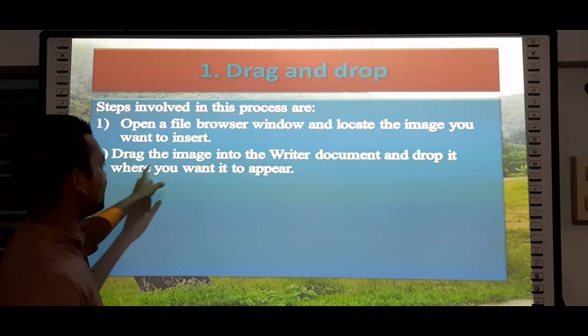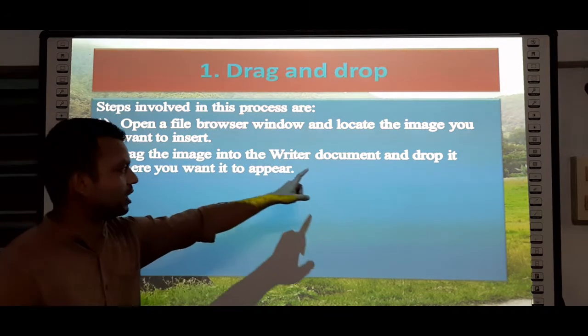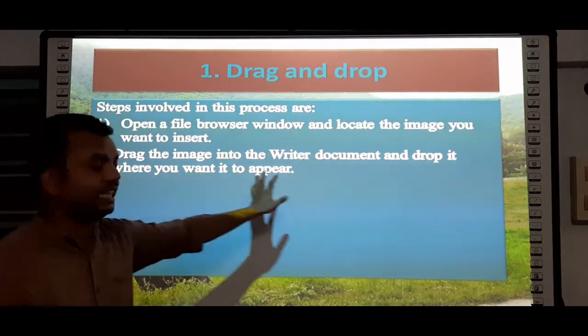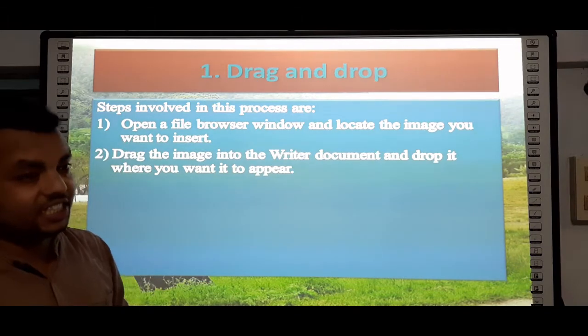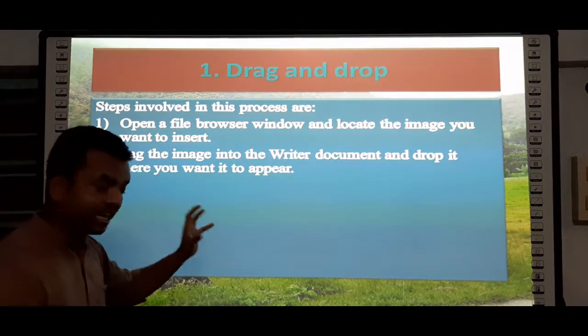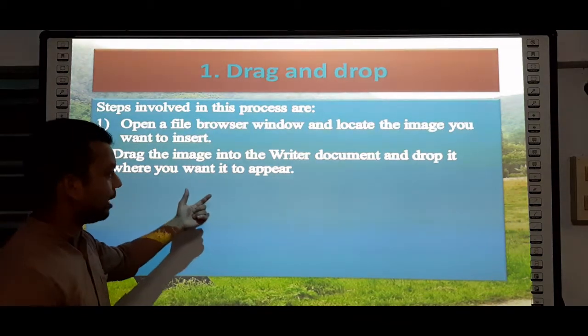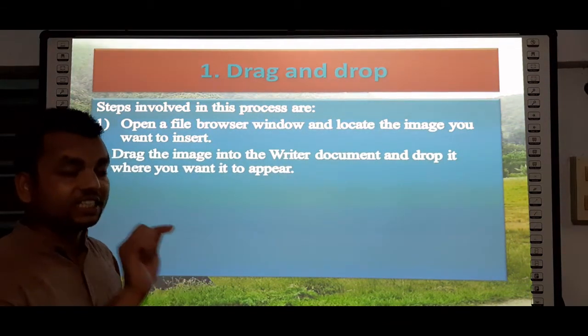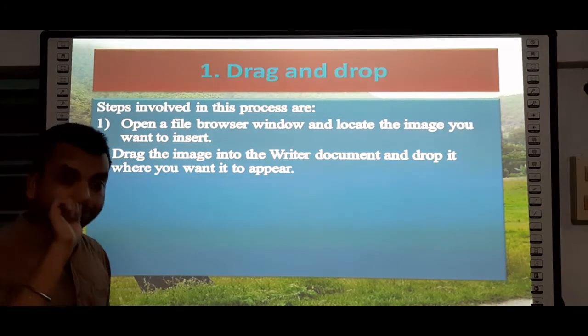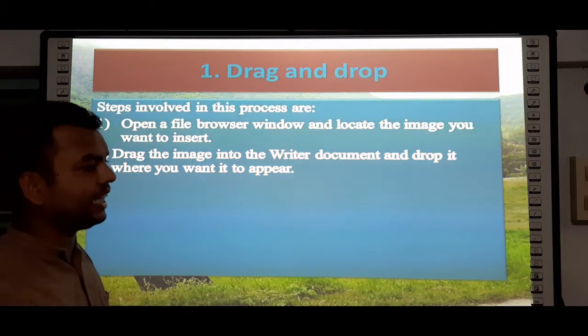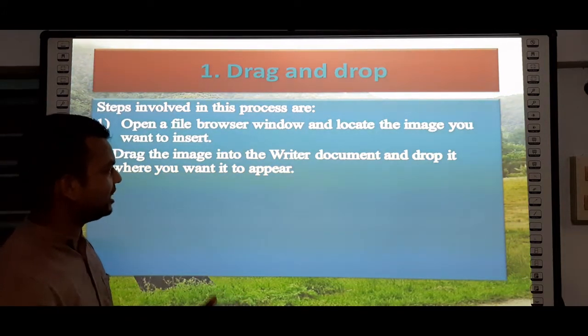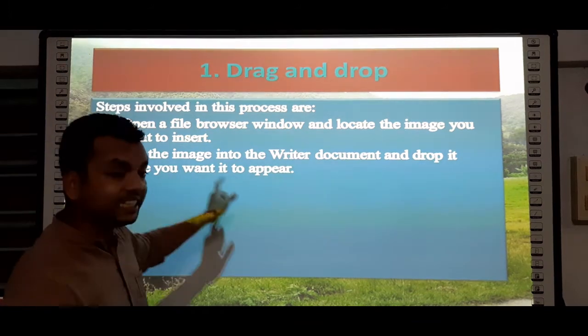So what is the second step? Drag the image into the writer document and drop it where you want it to appear. Now in the second step, once our image file is located, the next step is to select that image file, or click that image file, and it will get selected. After this we need to drag the image.